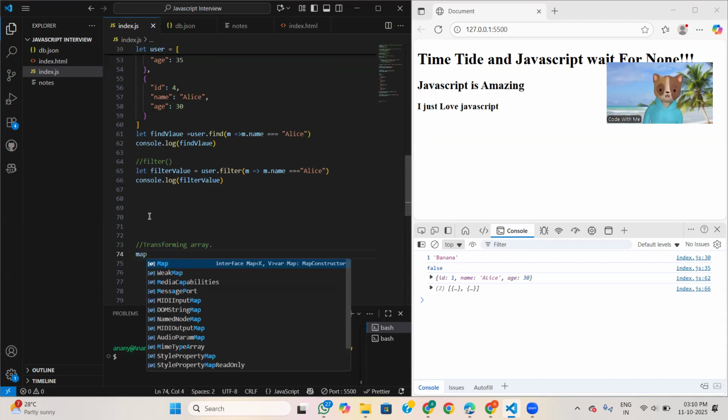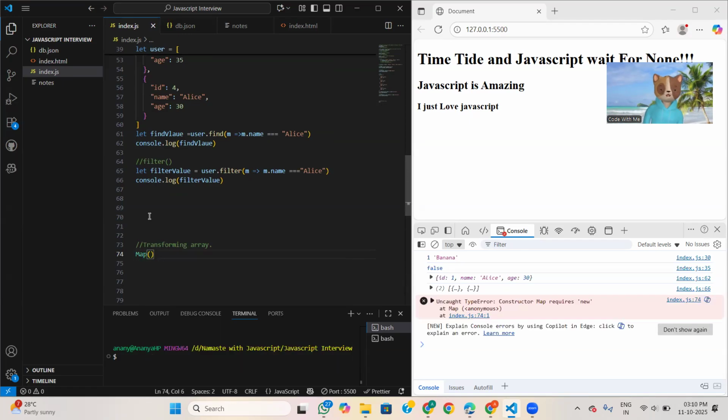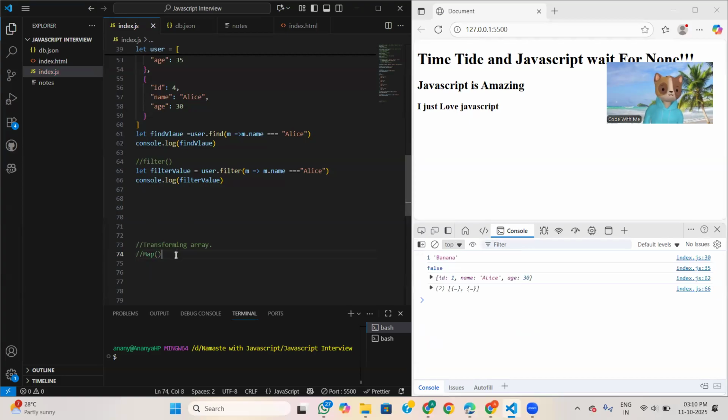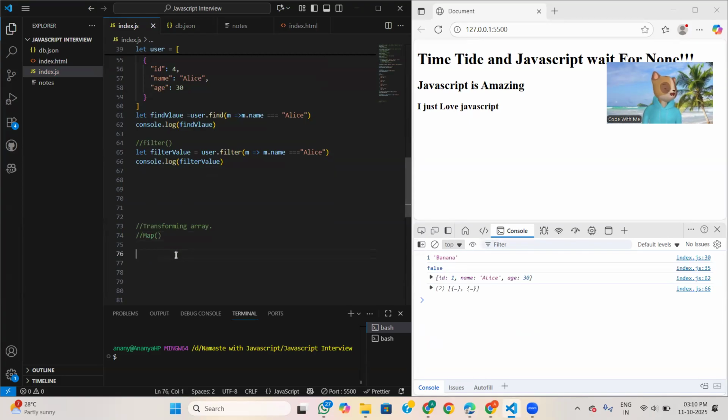I recommend map. So what does the map method do? Map method creates a new array populated with the result of calling a provided function on every element in the array.